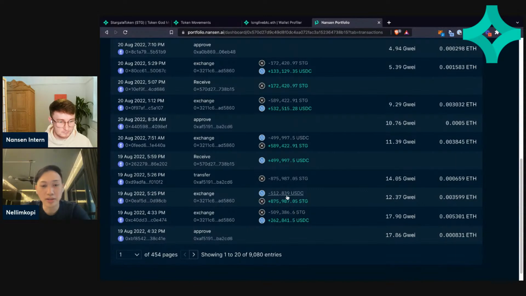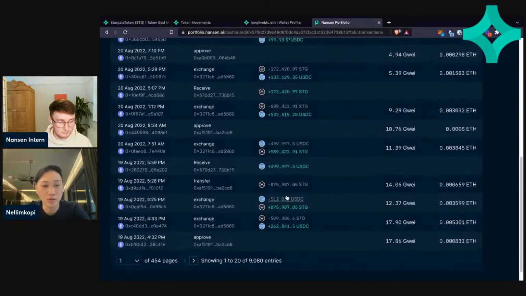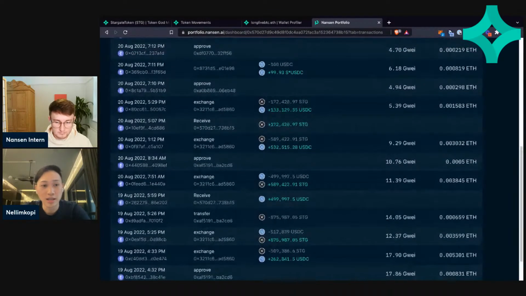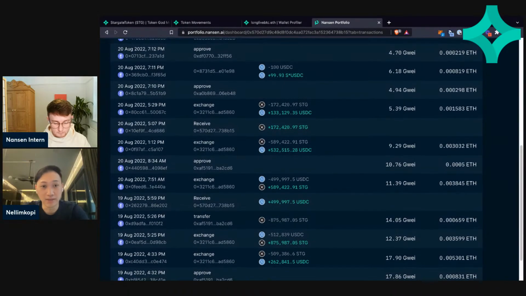right? So these are all things that I would dig into, to look at their trade on Stargate to see whether they are really good traders for this particular token. Are they good at catching on with information, with happenings in the crypto space, or are they just lucky? So once I spotted that, hey, this particular wallet, long-lived BTC, is really good at trading Stargate token, or any token for that matter,